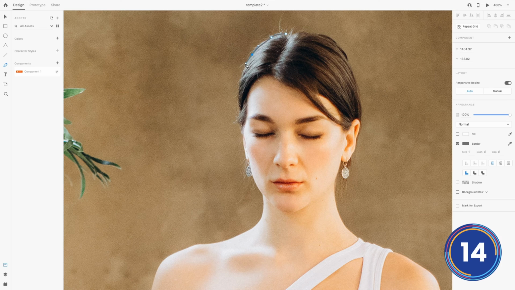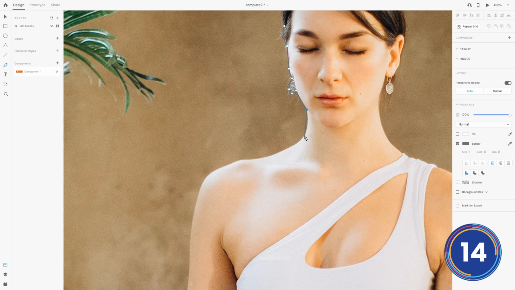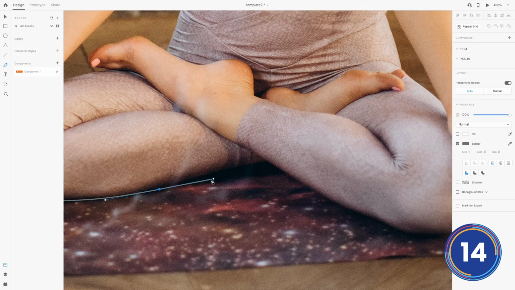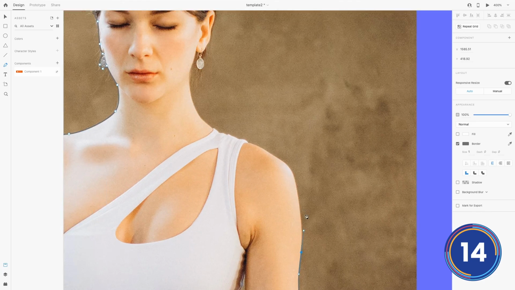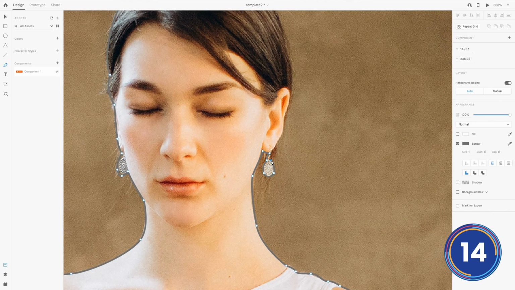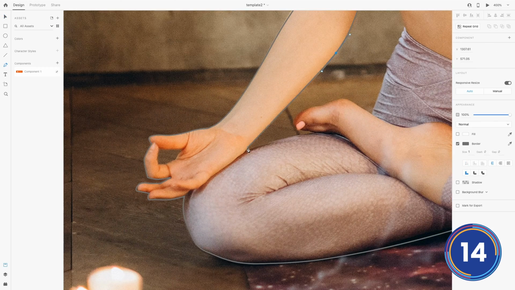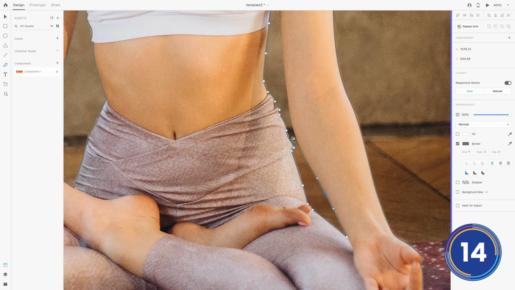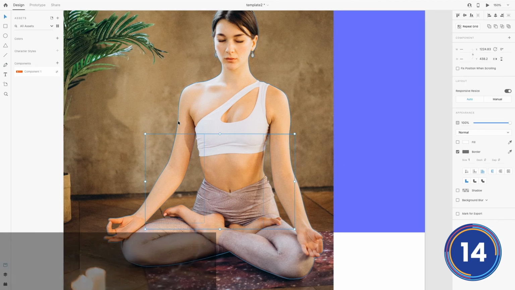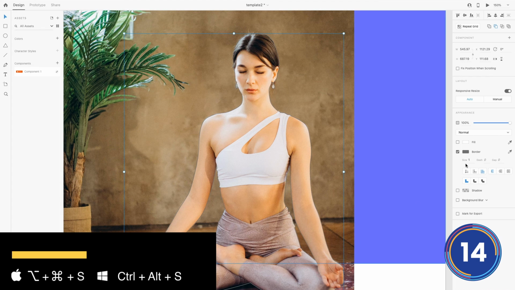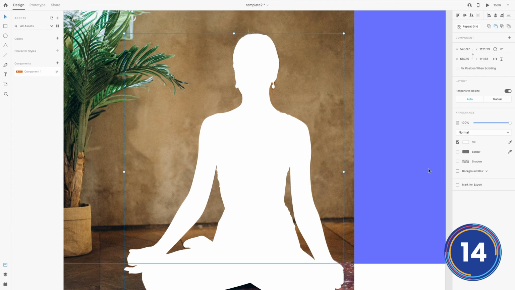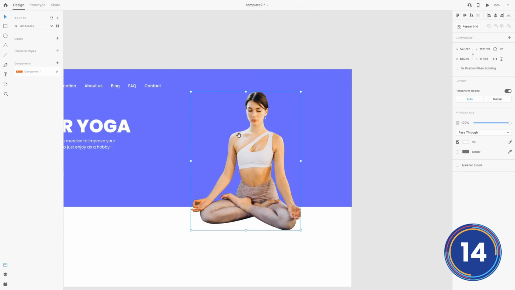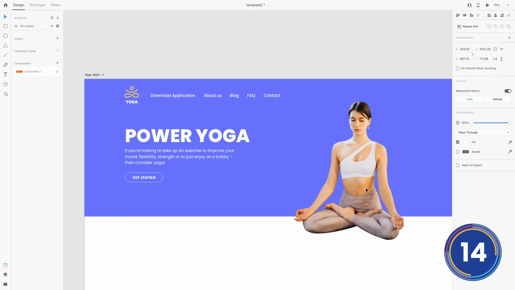To apply a mask, select the shape and image, and press Ctrl+Shift+M to mask, and to unmask use Ctrl+Shift+G.